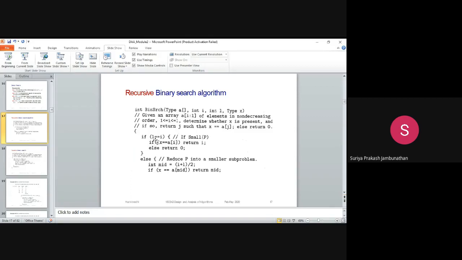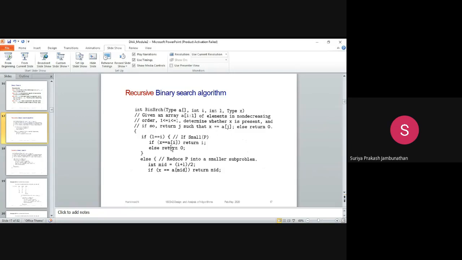Then the second condition, if else equal to I. If the key value we are getting is less than the value of the given set of elements, then we have to check in the first subpart. So we check the first subpart here with the use of this code.